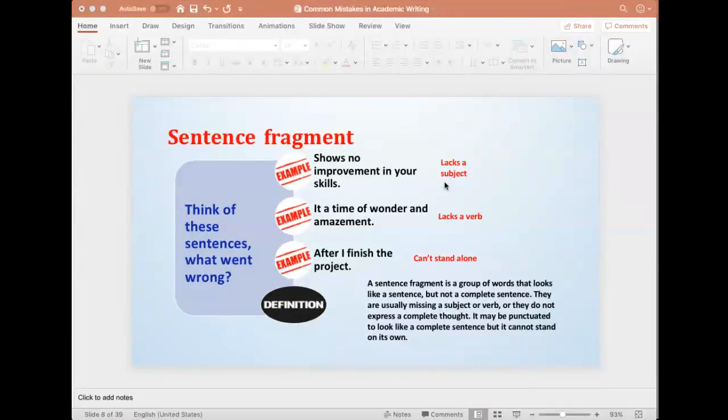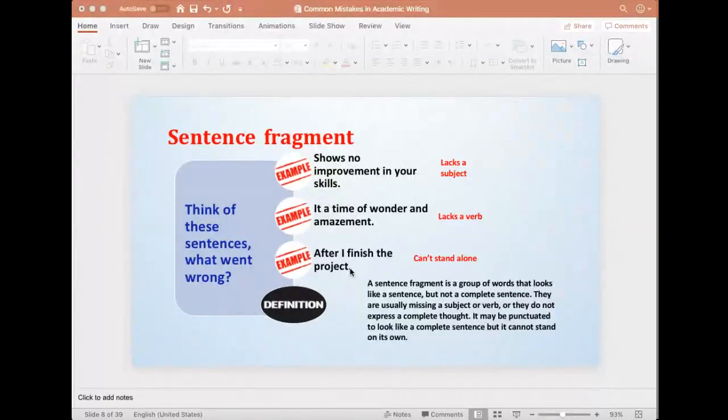Exactly. And the second statement here, "it's a time of wonder and amazement." So here we are lacking a verb. There is no verb here, and I cannot make a sentence without adding a verb. So the right verb here, as Mr. Rida said, is the verb be, which is the "is." So we say "it is a time of wonder and amazement," which is going to be a full, meaningful sentence. Okay, and the last one here, "after I finish the project,"